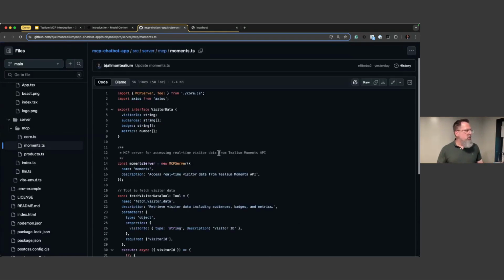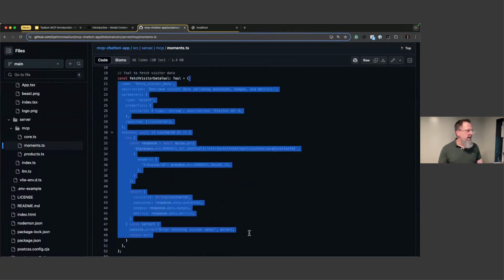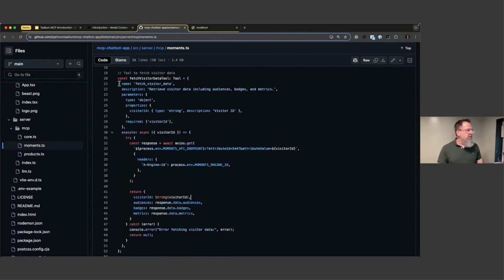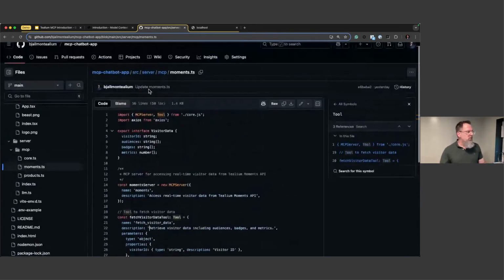For instance, here's a tool. This is the Moments API server, and I have a visitor data object. And so this is the type, and we perform data mapping basically from the LLM responses in this fetch data tool. I know I'm going kind of fast here, but this is a tool, and here I am employing that tool interface. Okay, see this? And basically this helps me